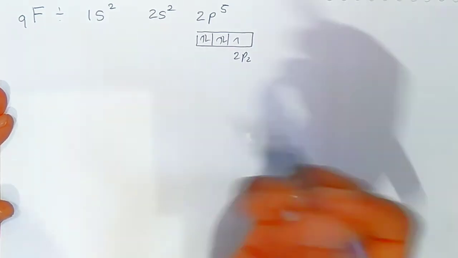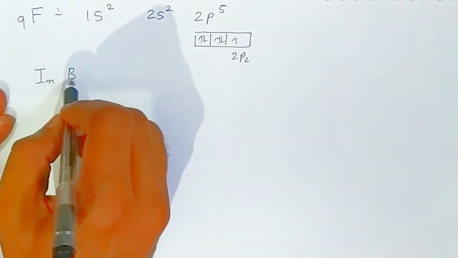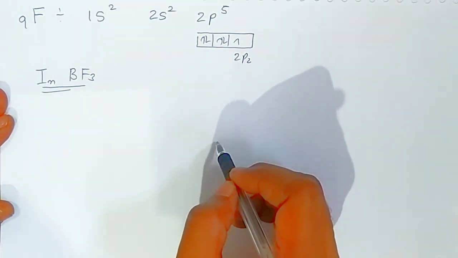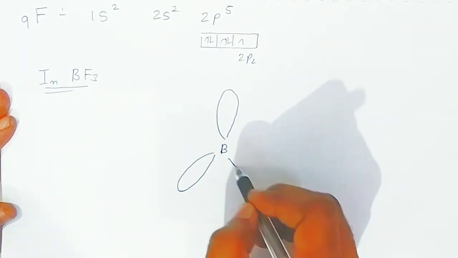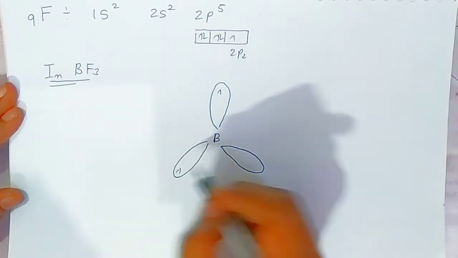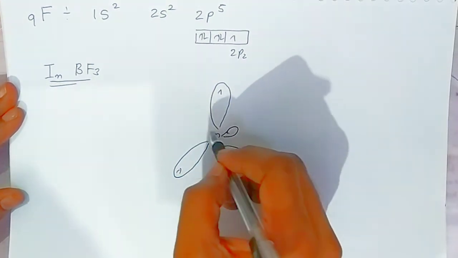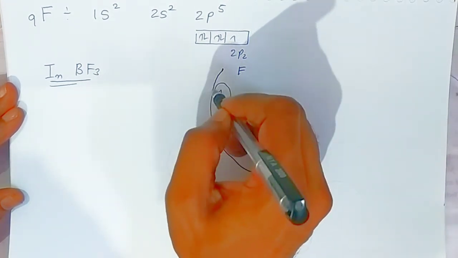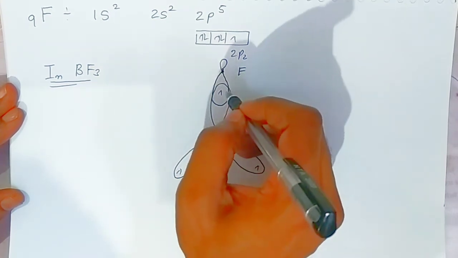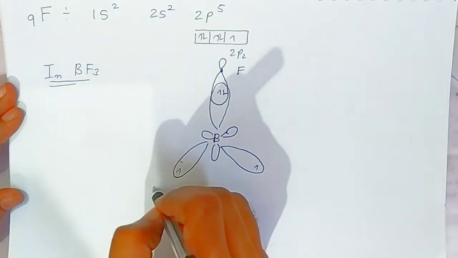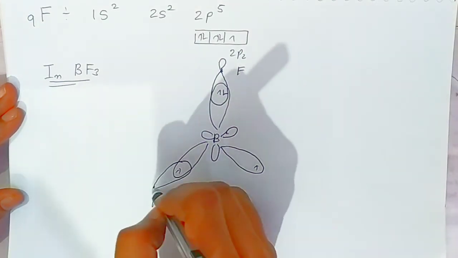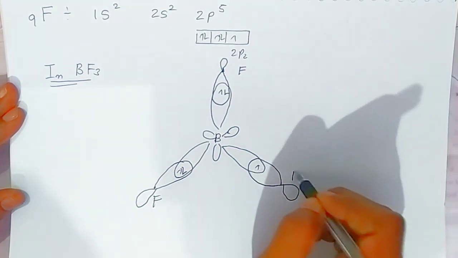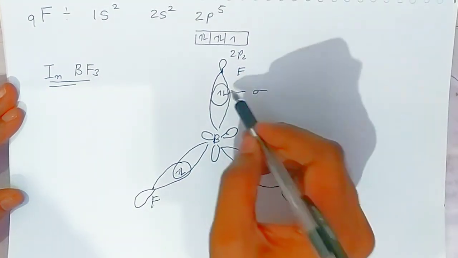Okay students, when you draw the diagram of the boron trifluoride molecule, you draw the atomic orbitals diagram of boron like this, having 1 unpaired electron, and the 2pz orbitals. Now I am drawing fluorine, they will overlap, having unpaired electrons. This is the fluorine, students, with unpaired electrons. Now it is going to be paired. Now it will form 3 sigma bonds.